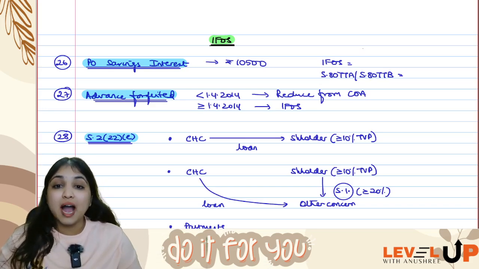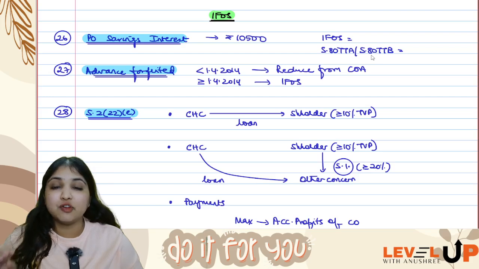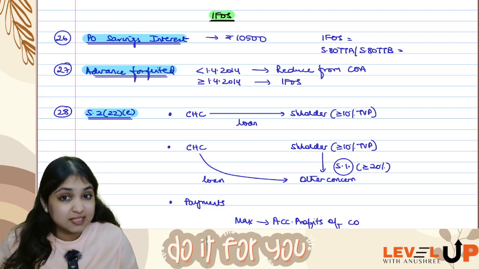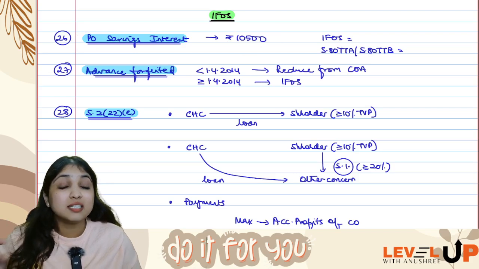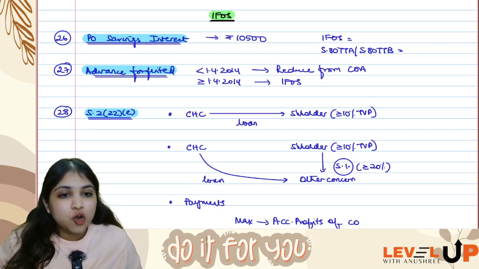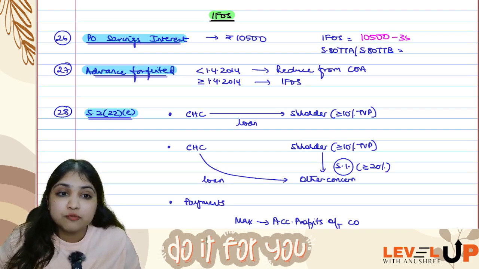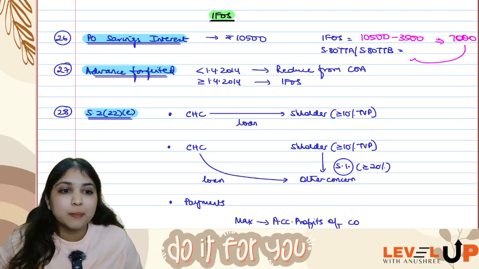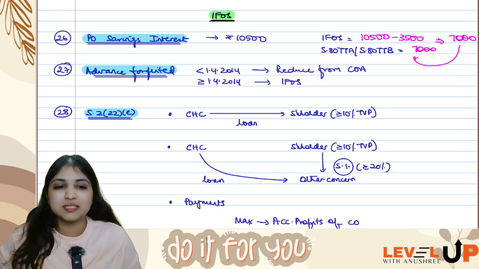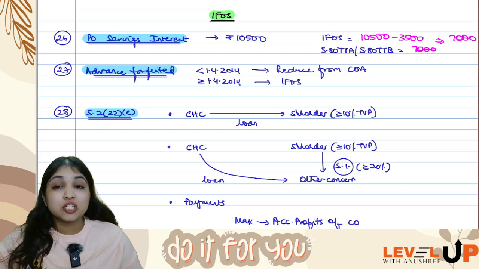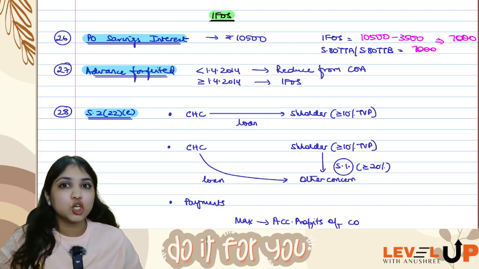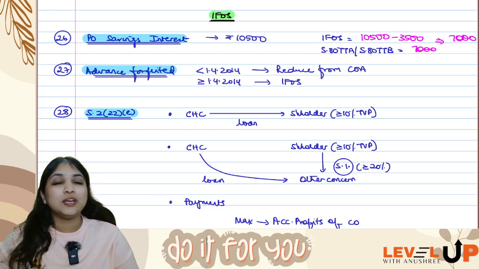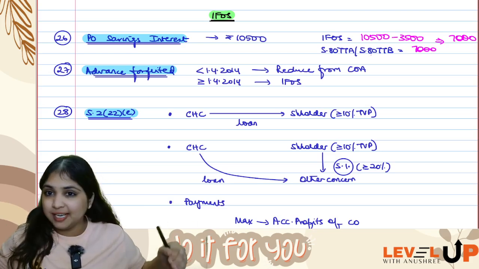Alright, then coming to IFOS. Now, under IFOS, if your assessee is having any post office savings interest, like for example, the assessee earned 10,500 post office savings interest. Under IFOS, how much will be taxed? From this 10,500, you will give 3,500 exemption. You will tax only the balance 7,000. Then 80TTB later in chapter 6A, you will give deduction. How much deduction, guys? 7,000. You will give us a deduction under chapter 6A. Okay. So post office savings interest, 3,500 exemption you will get under IFOS. But also remember to enjoy 80TTB as the case may be in chapter 6A.